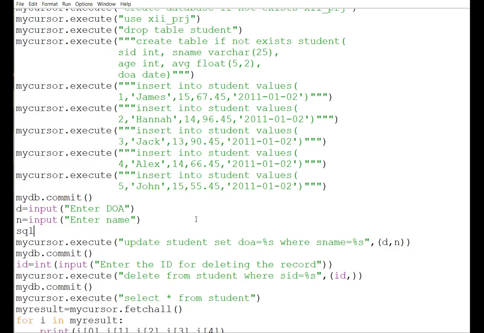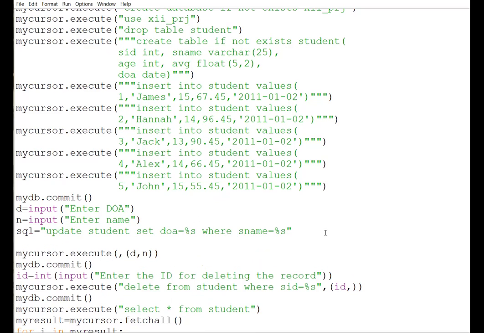First, we will make one SQL variable where we write our SQL command, this one. And then we will make the tuple of values, which we are going to pass. Everything must be clear to you. Here the first argument is the SQL statement and the second is the value part. This is how we are going to do all the tasks. The reason is it is very easy for us to understand. Otherwise, when your queries are lengthy, it will be difficult to understand, and if you get a problem, debugging will be a very difficult task.